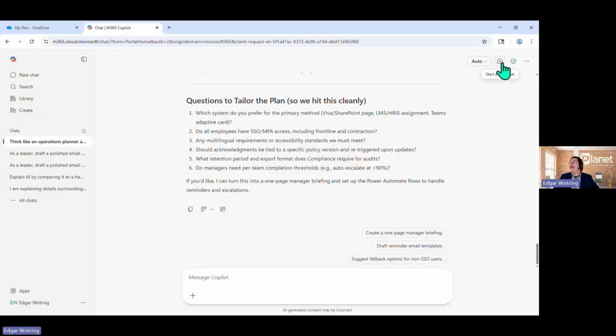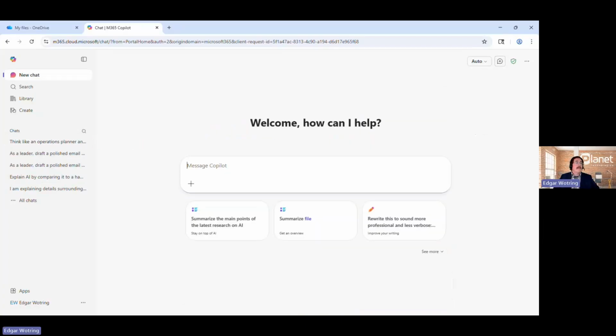Let me clear that conversation once again. And let's note that reverse prompting scenario, or that reverse prompting approach that we talked about a little bit earlier. So again, we're going to harken back to that previous example. But the idea here is we want this to be more of a two-way conversation with Microsoft Copilot. We're going to request that Copilot request details from us as a part of ultimately building that final output we're intending to achieve.